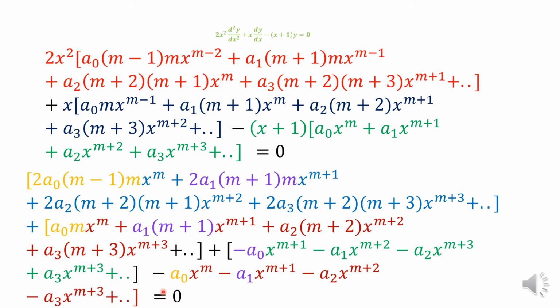Now further, this minus 1 we can take inside, right? Only this one, this is a mistake, this is minus, sorry, not plus, because minus we are taking inside, so this should be minus. So minus 1 we are taking inside, it will be a naught x the power m, right? Minus a1 x the power m plus 1, minus a2, similarly minus a3, and so on. Other factors, x the power m will be there, x the power m plus 1 will be as such, x the power m plus 2 will be as such, no change will be there.